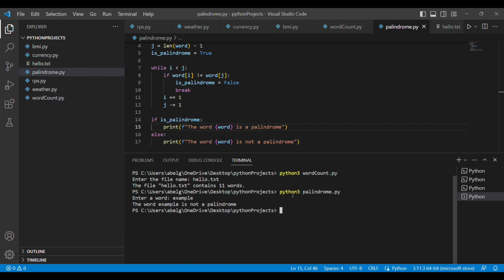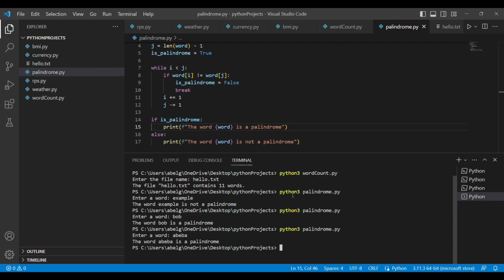As you can see, it prints out the word example is not a palindrome. Let's run our program again. And this time, let's put in an actual palindrome. Let's say Bob. As you can see, it prints the word Bob is a palindrome. And one last time, let's check if it works for Ababa. It prints out the word Ababa is a palindrome.